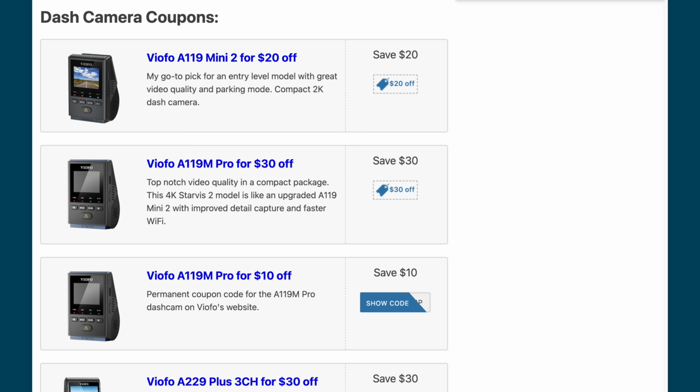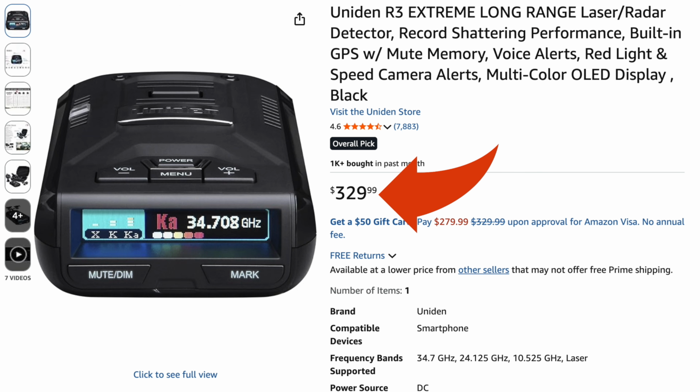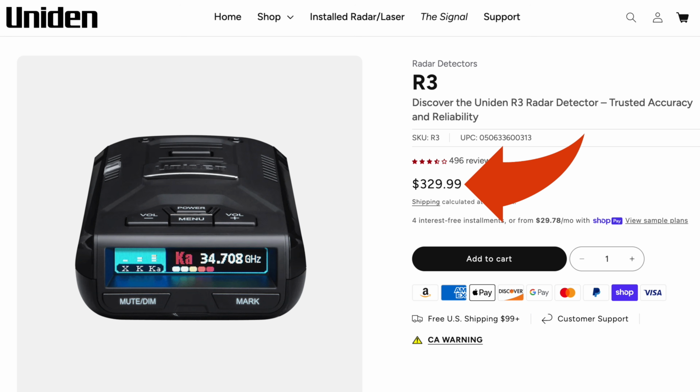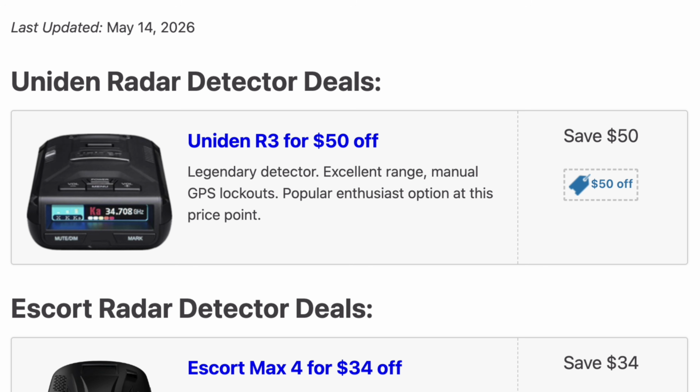And what's nice about this is this page gets automatically updated every single day, which means as new deals pop up, that page will get updated every morning, and then as old deals expire, they're going to automatically disappear from that site too. And this page is designed to automatically go check Amazon, the manufacturer's website, as well as Best Buy, and take a look at where the lowest price is and share that with you guys right there in